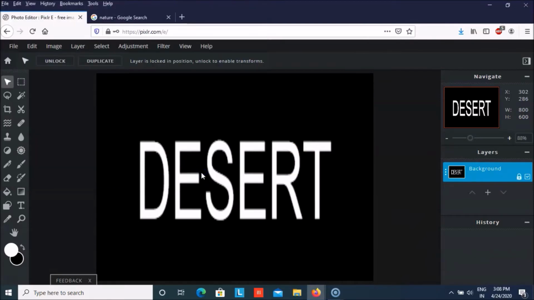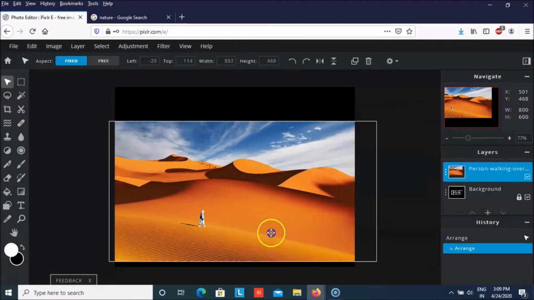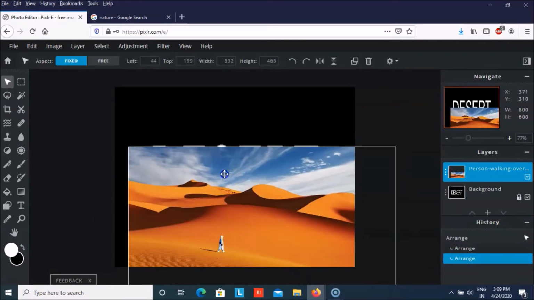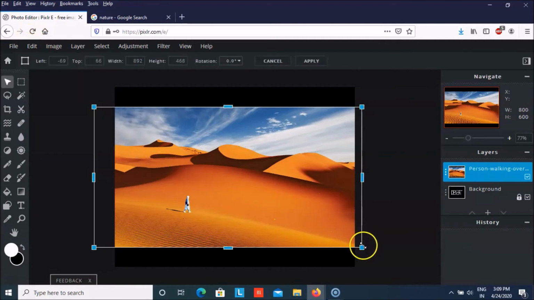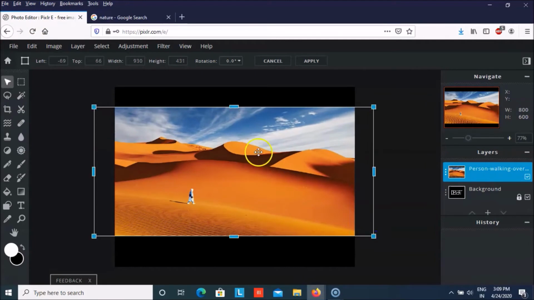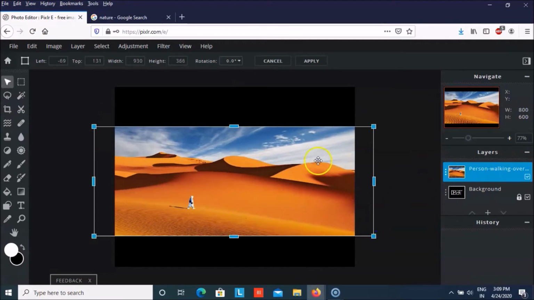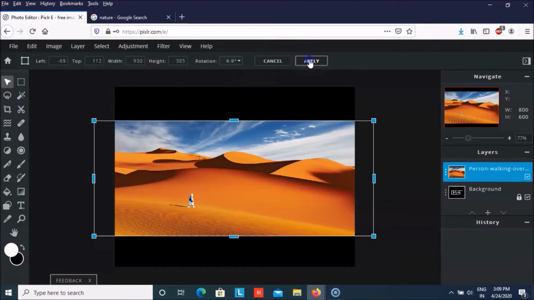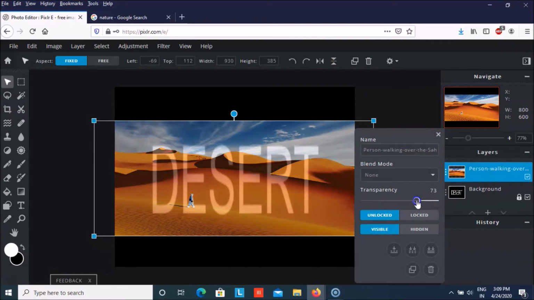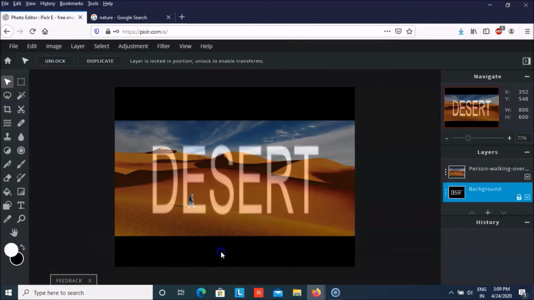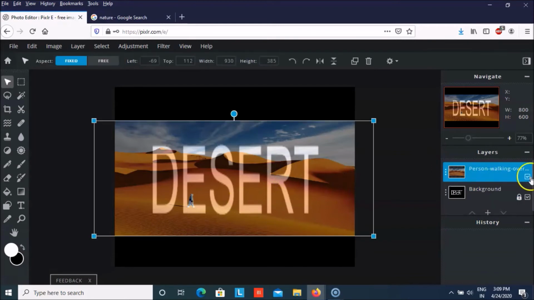So this is our image added. Let me just resize it, and then we can even free transform this one. And then when you think that it's okay, we can apply it. And I think let me just make the transparency 58 something, and then let me just hide it for a while,